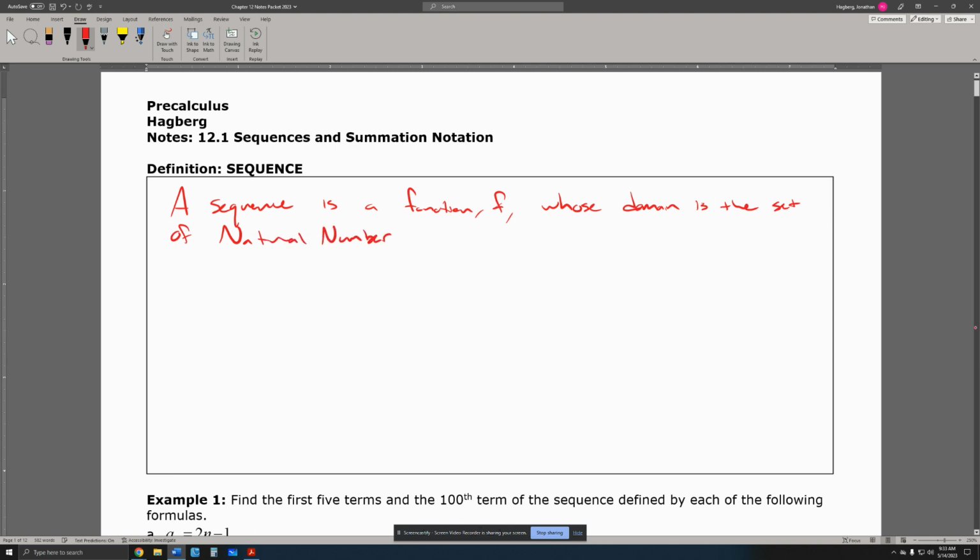All right. So the domain are counting numbers 1, 2, 3, 4, 5, and so on. So the domain is infinite, but it's just those counting numbers. So no fractions, no irrational numbers, no roots, anything like that. No negative numbers, and not zero either. Okay? So then the terms of the sequence